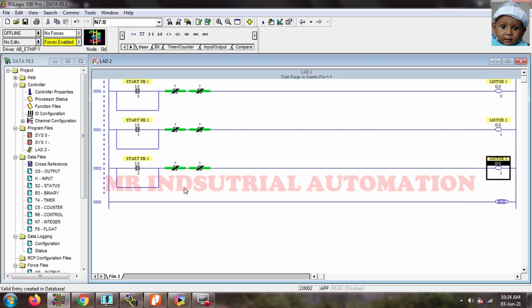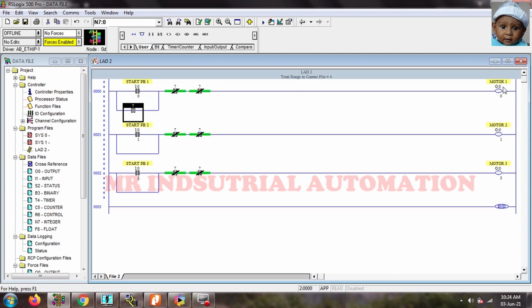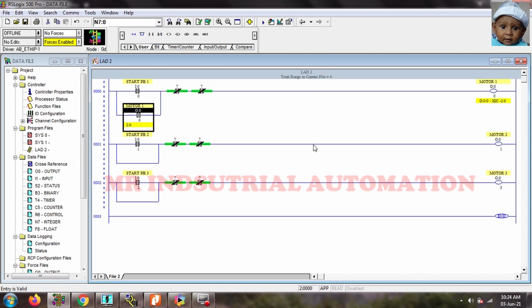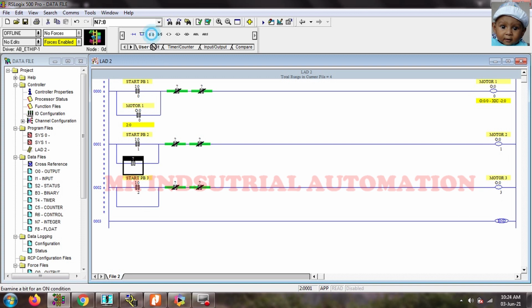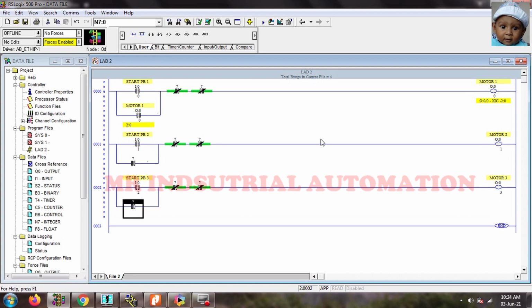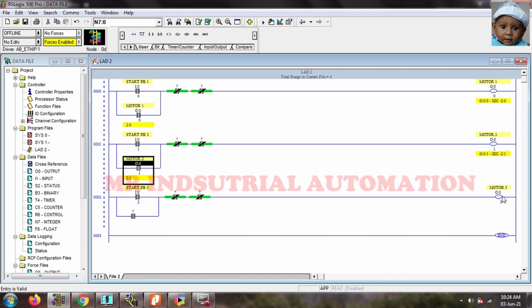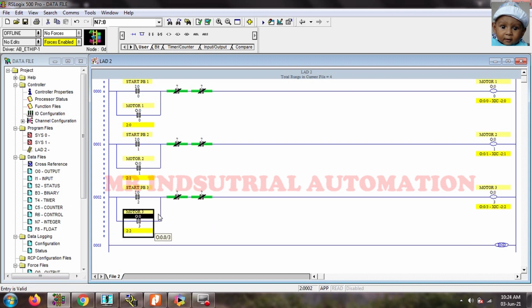Okay, now as I told you that I have taken the branches to hold that output, so we will take one NO on each branch and we will give the address of that output on that instruction. So whenever the input goes high, that output will go high. When the input becomes low, the output remains high because of that branch to hold that output.